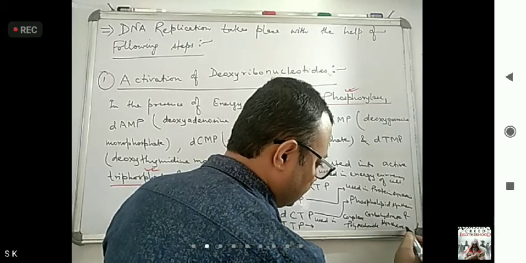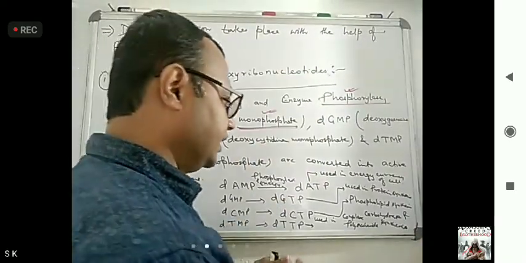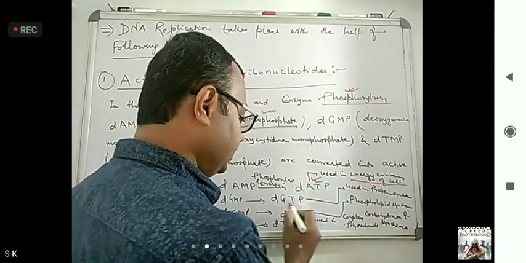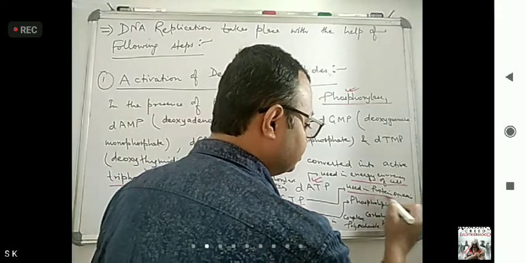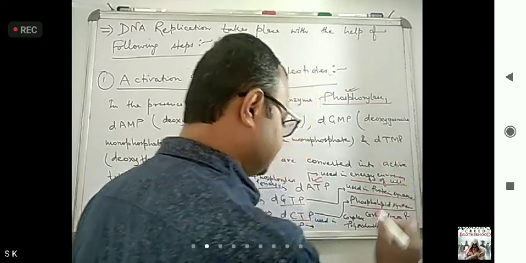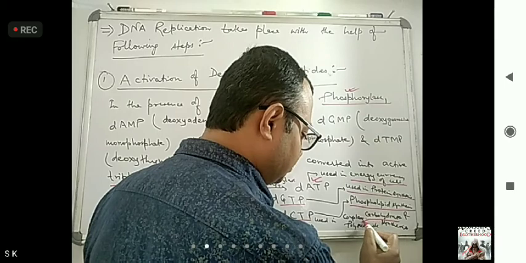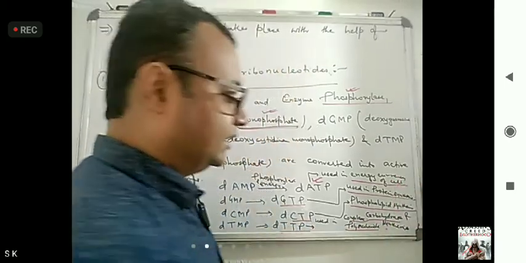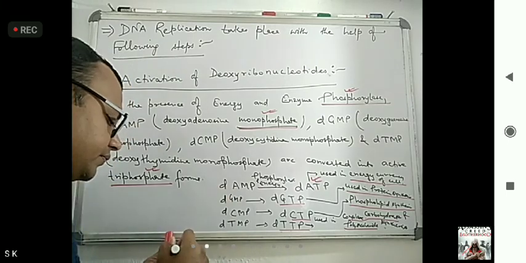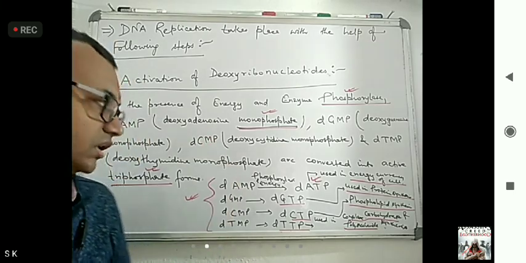These four you have to remember. What I told: ATP, energy currency of the cell. GTP, energy used in protein synthesis. CTP, energy used in phospholipid synthesis. TTP, energy mostly used in complex carbohydrate and polysaccharide synthesis. This is very important, what energy is used for what formation. So this you have to remember. So first step